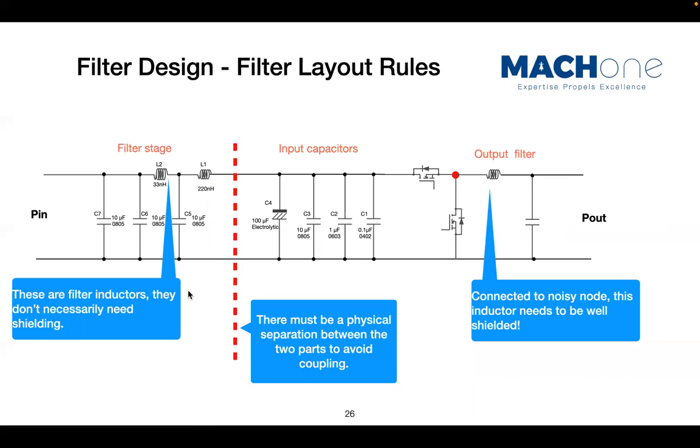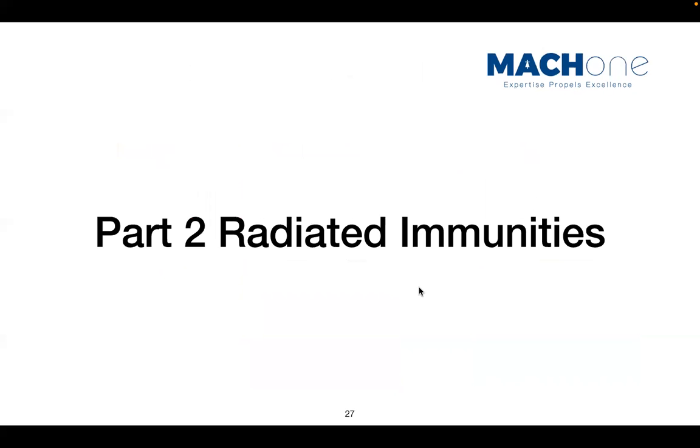And then you need to have a very clear physical separation between the input capacitors and filter stages, right? For filter stages, you don't necessarily need a shielded inductor, so that can give you some cost saving. But you need to make sure that the near-field coupling we just discussed is not there. Okay. All right. So that's the first discussion. We focused on radiated emissions. Now